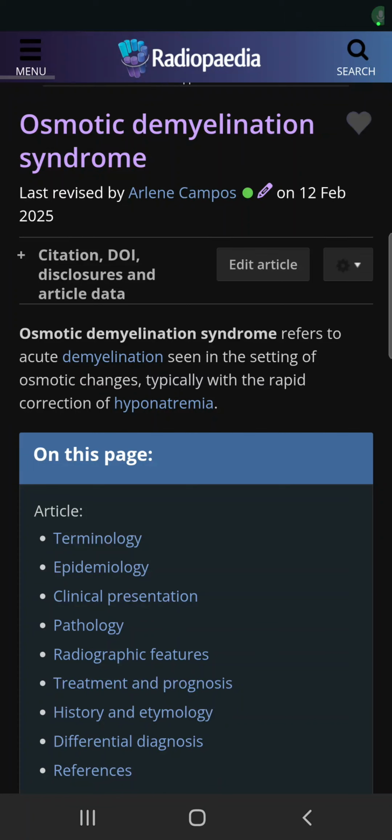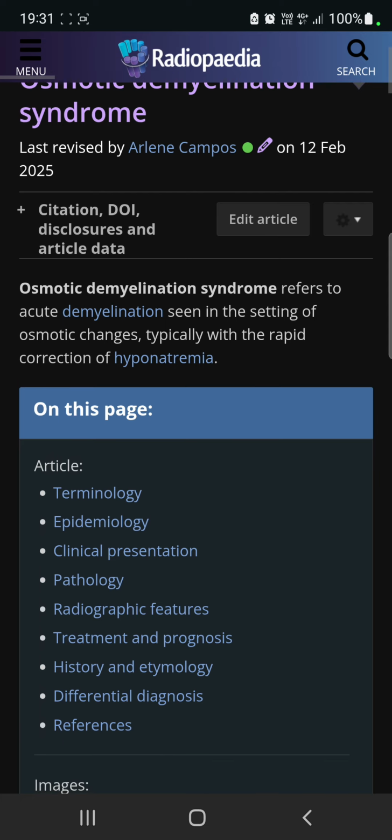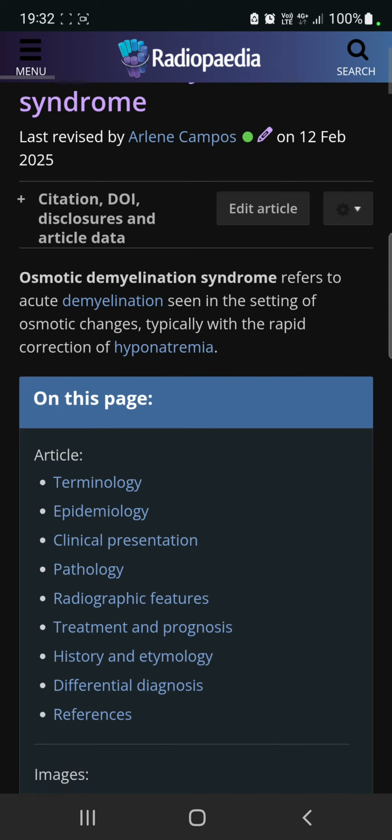Okay, so let's talk about osmotic demyelination syndrome, which usually refers to acute demyelination in the setting of osmotic changes, typically because of rapid correction of hyponatremia. Usually patients that are malnourished, like alcoholics, people with chronic lung diseases, liver transplant patients, those malnourished patients that have hyponatremia,